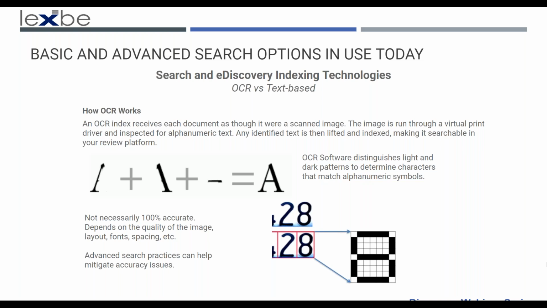So it could have been scanned in a lot, it could be an old document, but what will happen is, let's say you have the name Scott in your document and you're searching for Scott and you're not getting any results. That can be because the OCR quality that was extracted is identifying the S as a number 8, or a $ sign. And I'm sure you all have seen that in your own practice when you've been searching in a PDF. Just sometimes the text is not extracted well, and that's just likely due to the quality of the document or other things like a layout or a font, some spacing.